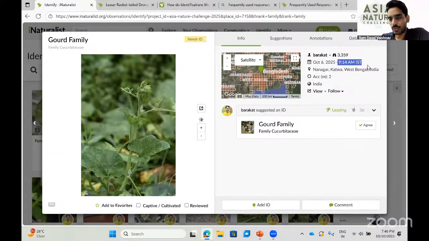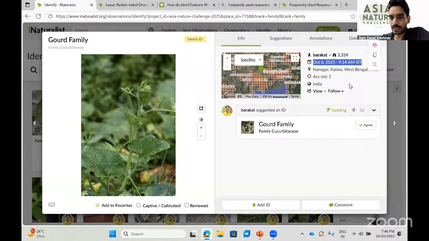So Usha says this was of September 27. See, that is not the point. The point is with every photo, as you can see here, there is a date which is mentioned. This date should be correct. If you have mentioned 27th of September, then you are all set. If it is mentioned as today's date by mistake, go and correct it in your observations.